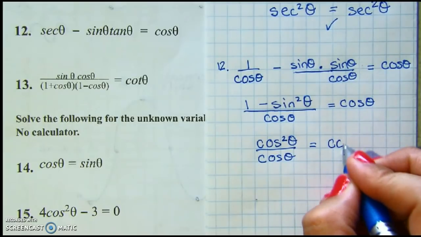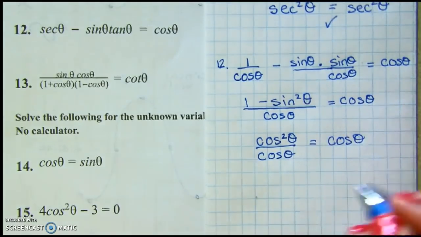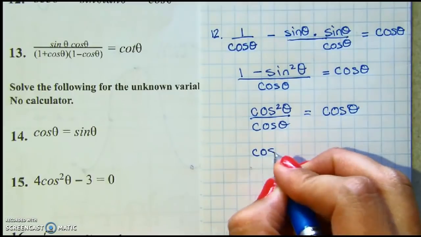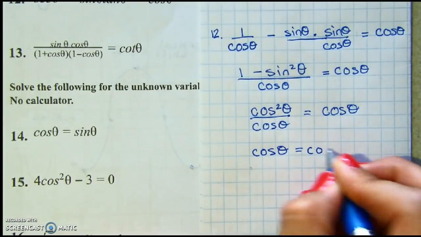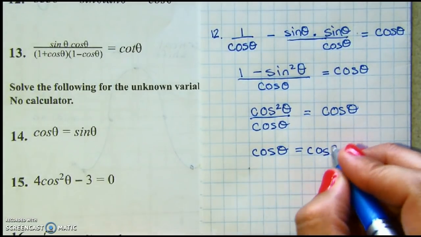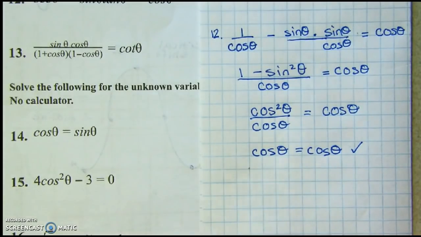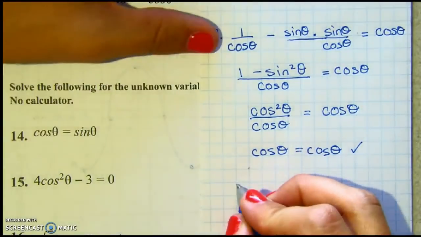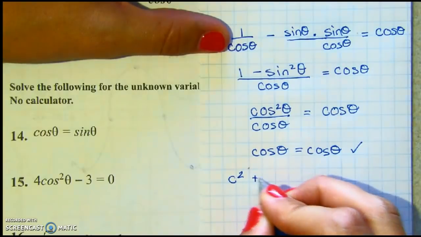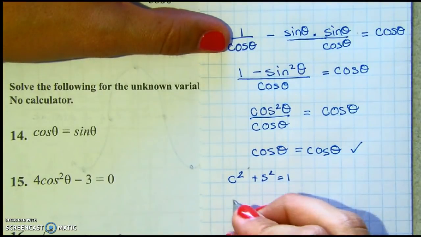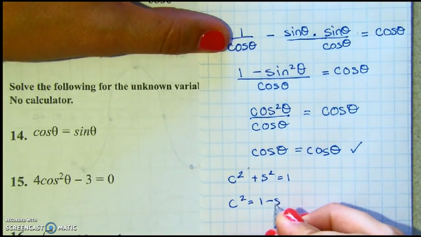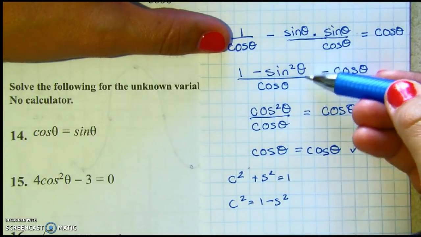And now we have cosines. Why am I writing this every time? You don't have to write it every time. You just kind of have to write it the first time and the last time. So I apologize. Okay. I'm out of time, but we know that cosine squared plus sine squared equals 1. So cosine squared equals 1 minus sine squared. That's what I did here. 1 minus sine squared is